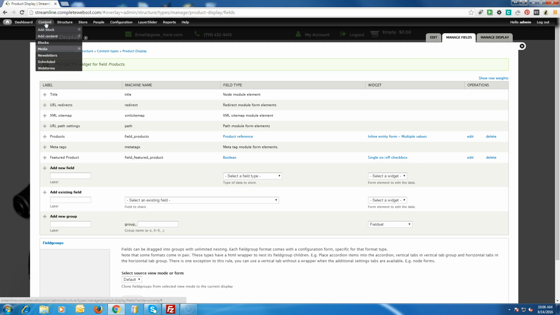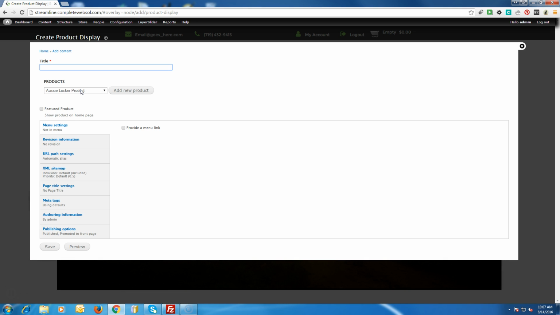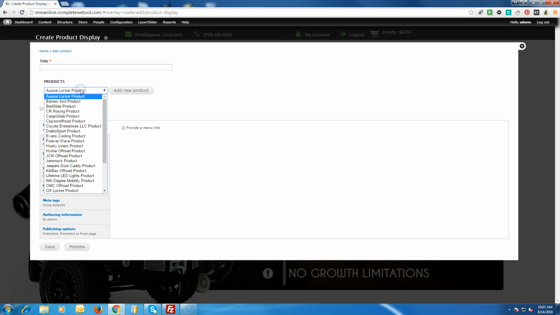And now go back up to your content, add content, product display, and now it's changed. So now it says it's not about a part that's already on there. So I'm going to give it a title. Again, this is a streamlined site, so it's set up a little bit different than other websites that are not streamlined. So on this particular one, all ASAP data parts have their own product type, but you're going to look for something that just says product, and yours might only say product. So you're going to add product,